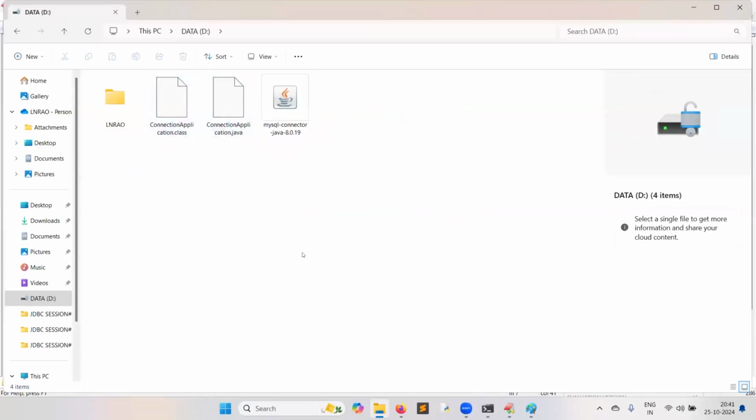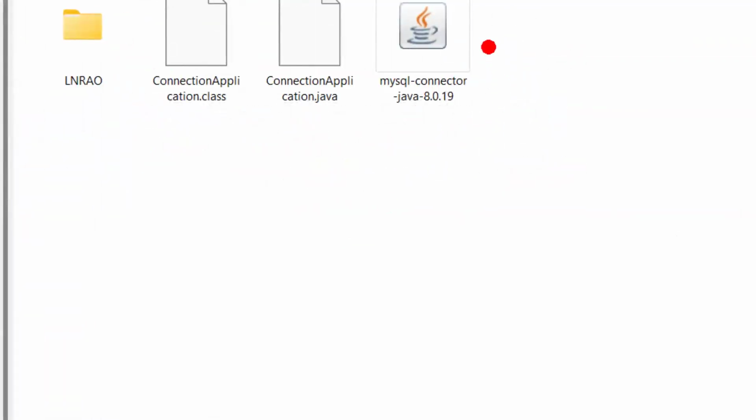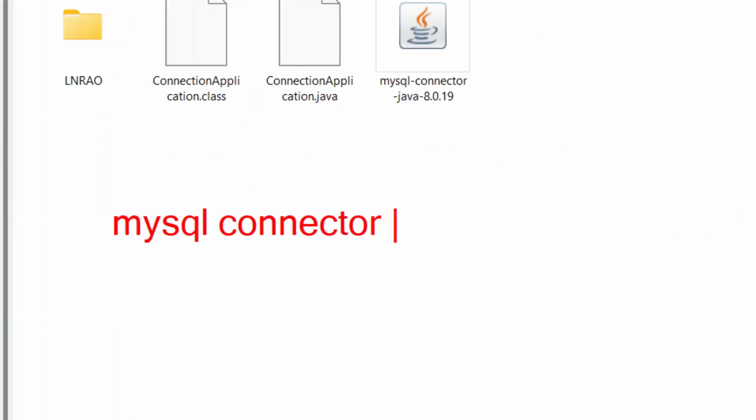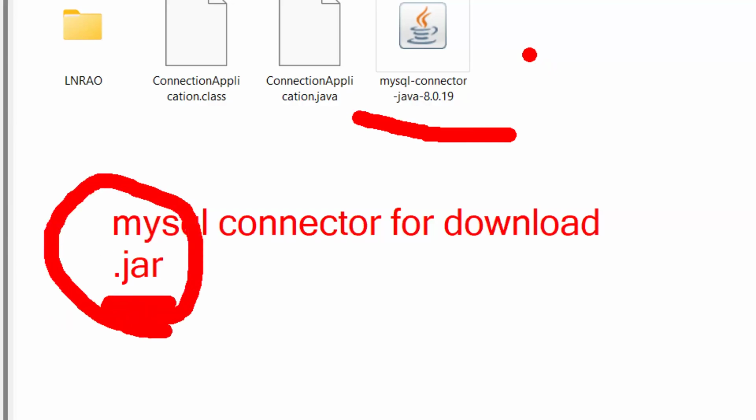In Google search, you can type MySQL connector for download. Like that you type, and automatically that jar file will come. In Windows environment, we call it a WinZip file. In Java environment, a zip file is called a jar file.